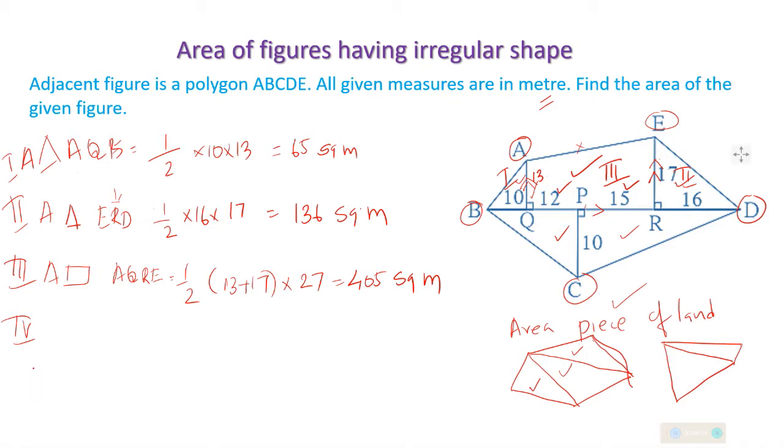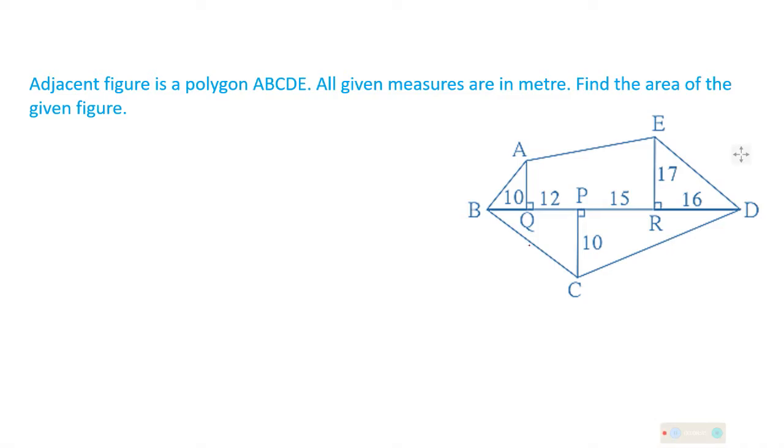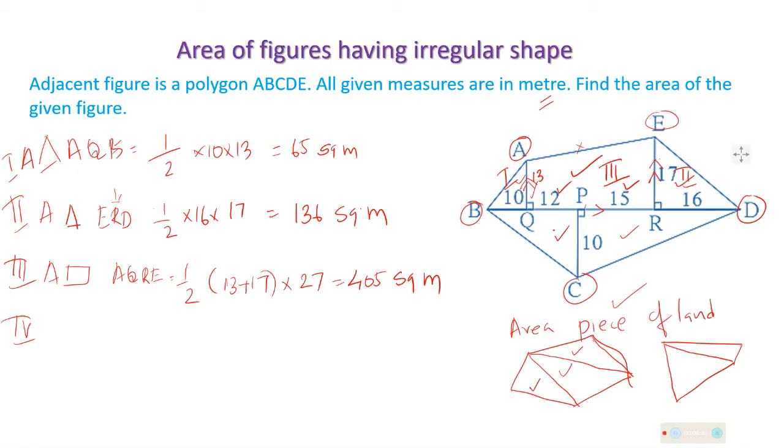Let me consider the fourth figure. So almost this is over. We are having figures like this over here. Instead of considering this remaining figure, that means this part, this part and this part separately, I am taking the whole triangle BCD together. So I have to write the area of triangle BCD,